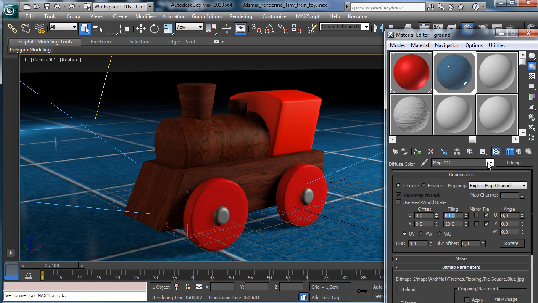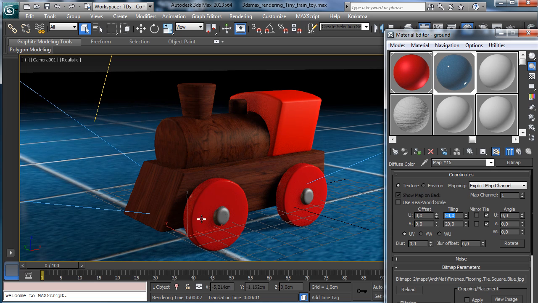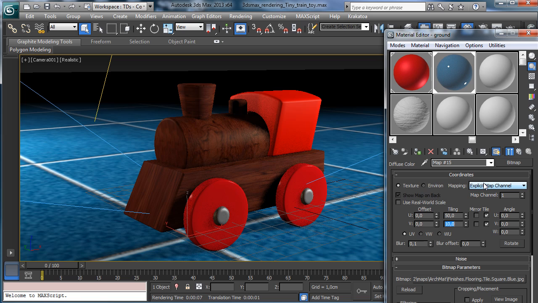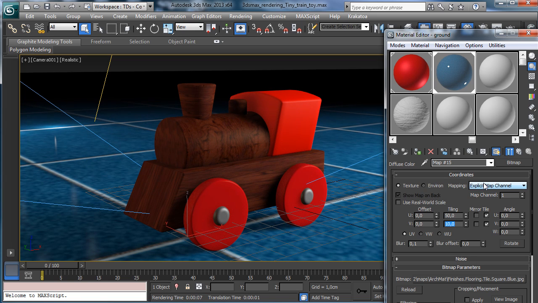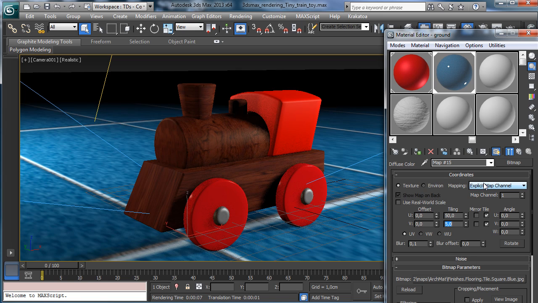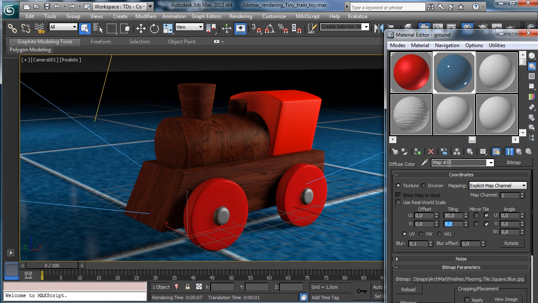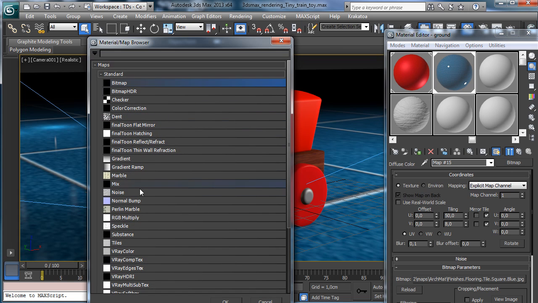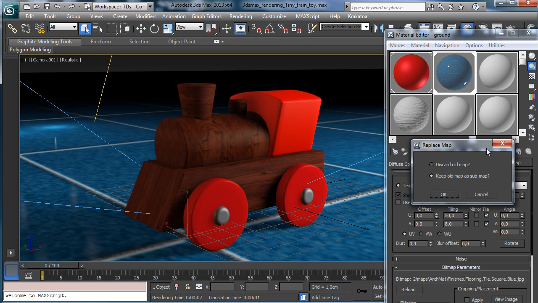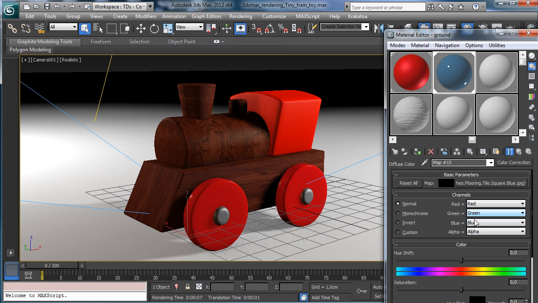Okay, so 50, and there maybe 10, and we can go less, maybe 8, because you know the map will have not so good quality, so we have to pay attention to how it is working. Let's use a color corrector to change the color,